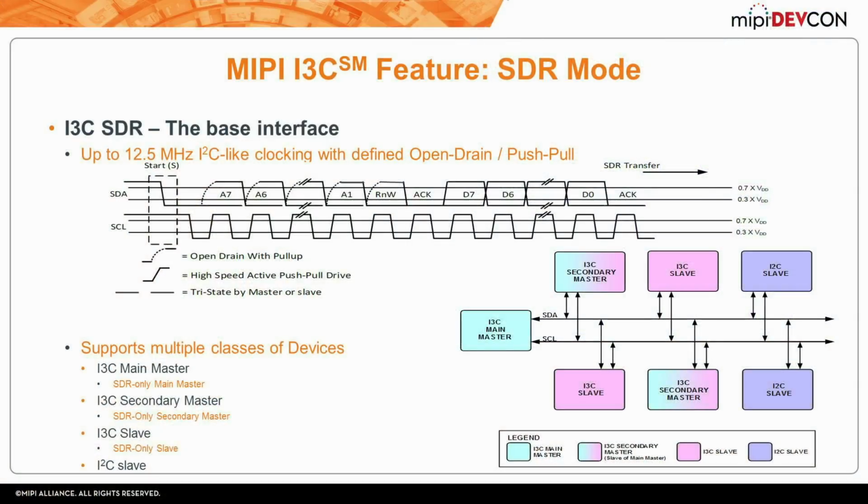So let's talk in more detail about the features, and I'm going to start with really foundational I3C, and that's what we call SDR. This is the base interface here. So it operates at up to a 12.5 megahertz I2C-like clocking, but with the defined open drain and push-pull segments. So if you're familiar with I2C, it's an open drain bus, right? So you have a pull-up resistor which creates your ones, and then you drive it down low, which can really limit how fast you can go